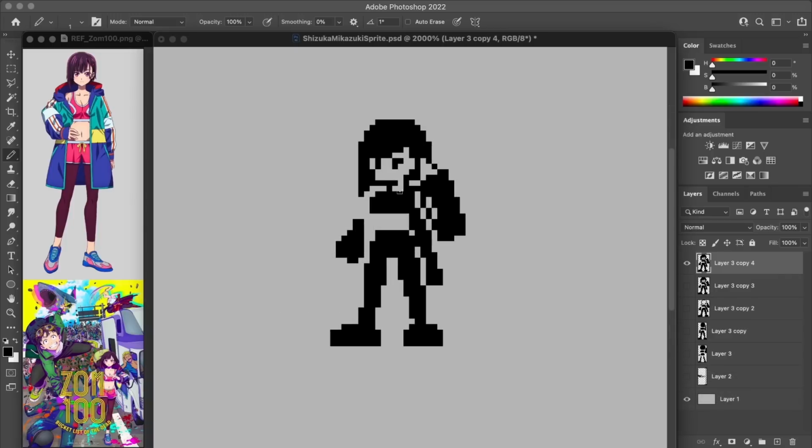So a lot of this kind of begins with just these broad silhouette type of pieces, like for the jacket and the legs and stuff like that. And slowly I'm working these different shapes into place while also starting to erase from them to create line work that can then be filled in with color later.